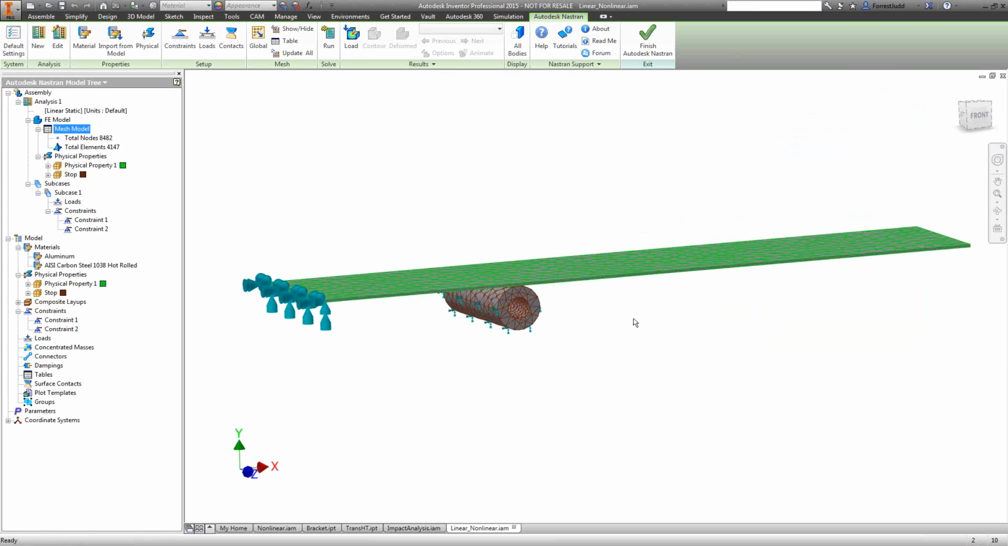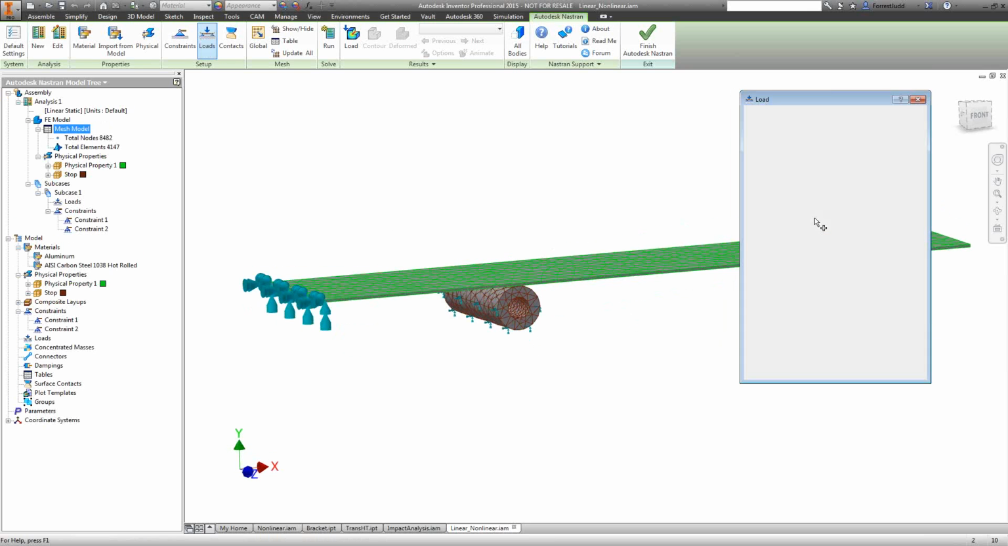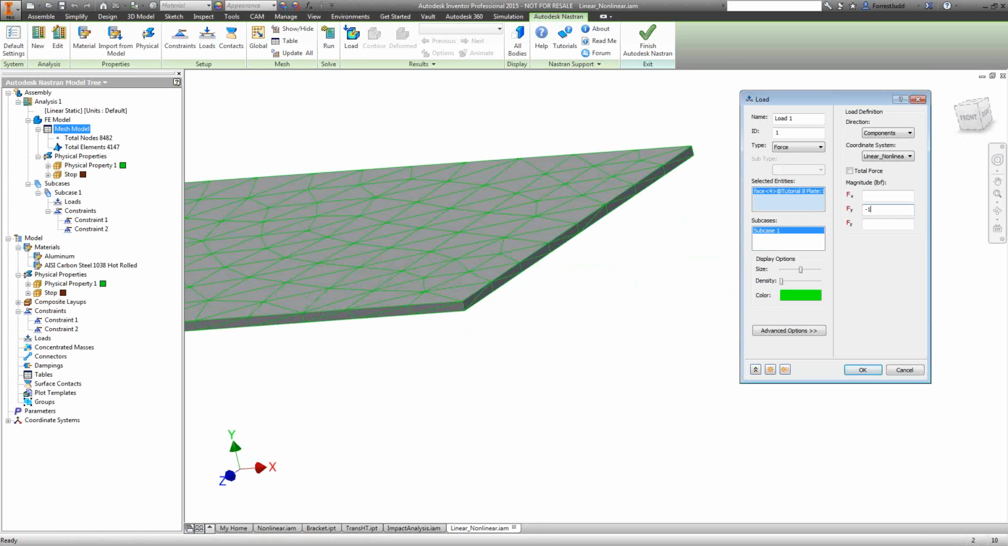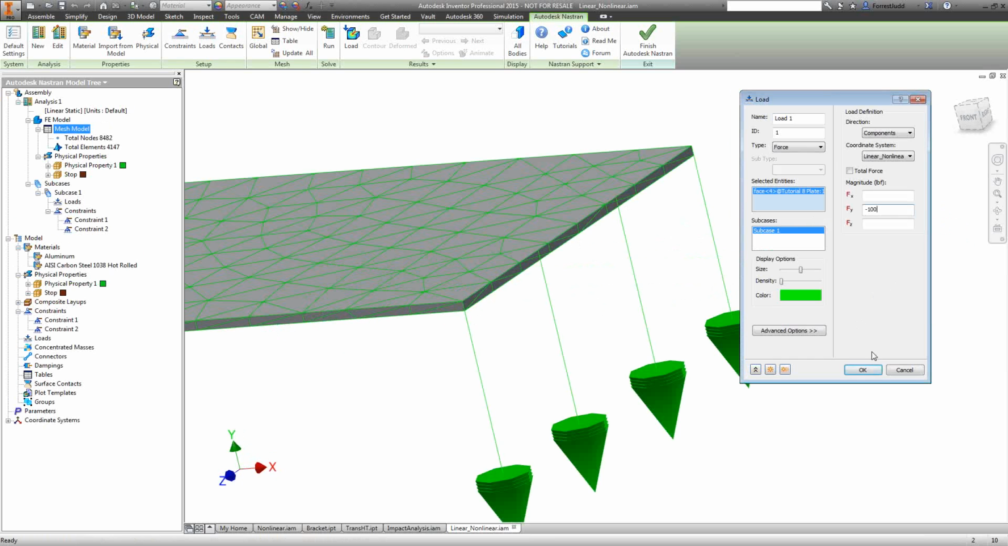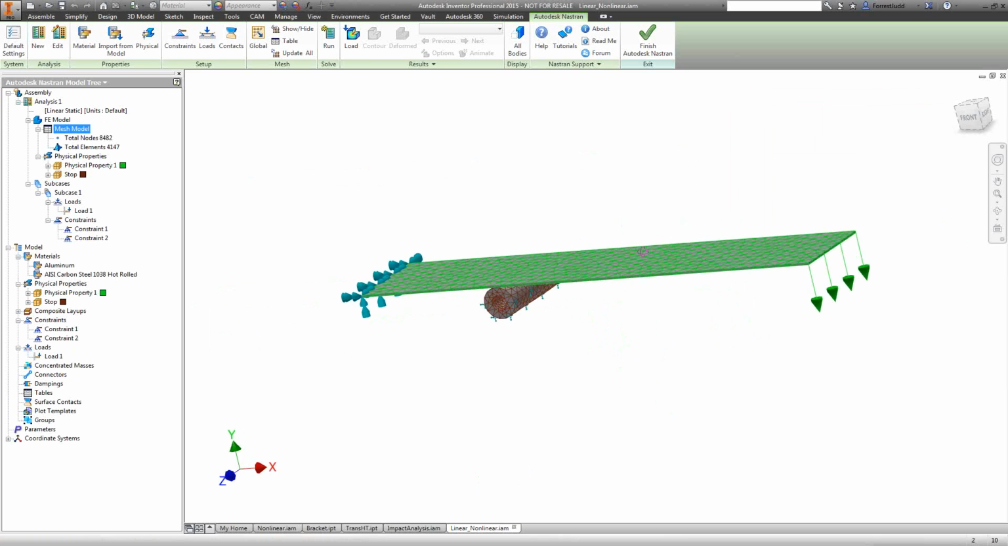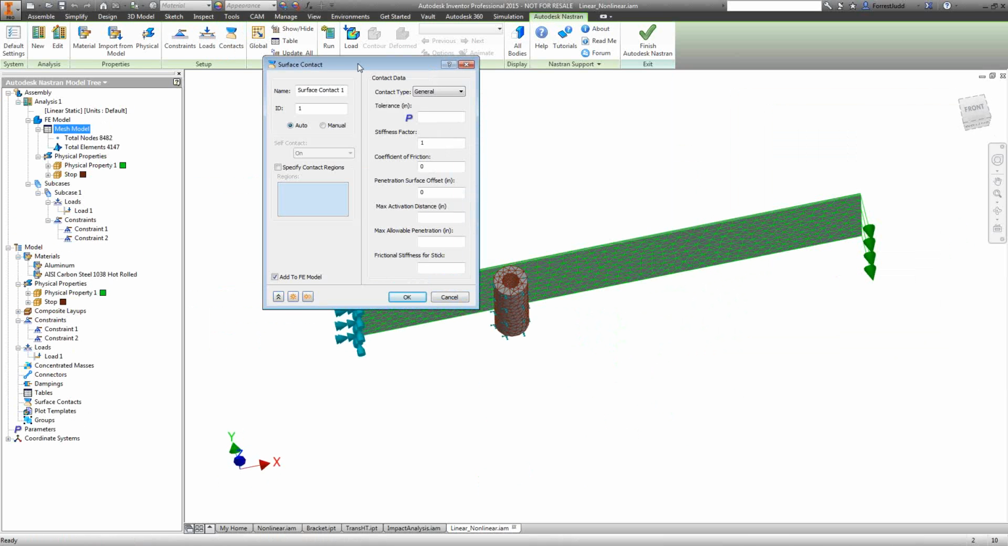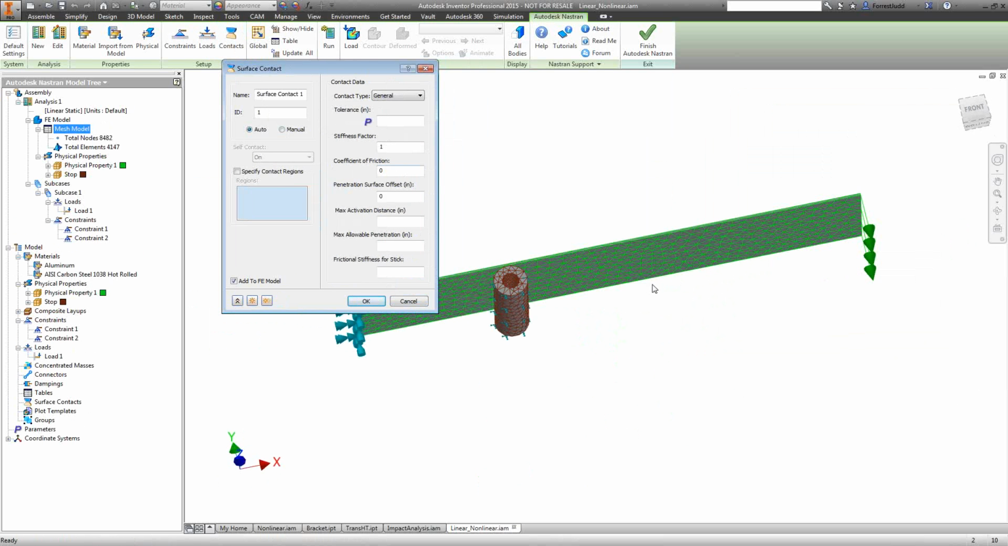So this is fixed, this is fixed. We're going to apply a load here at the other end of the plate of 200 pounds in the minus Y, 200, not 100. And now we need to deal with the contact. Now we can specify contact just in general and say, you figure out what contact is. But we can also explicitly define a contact pair,